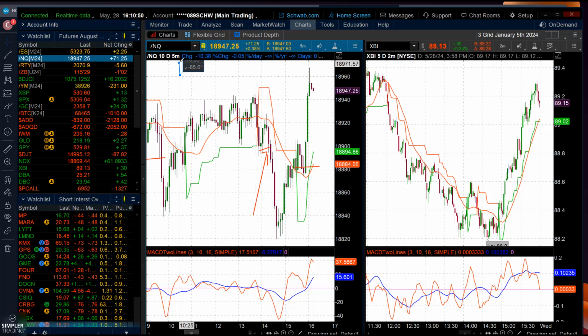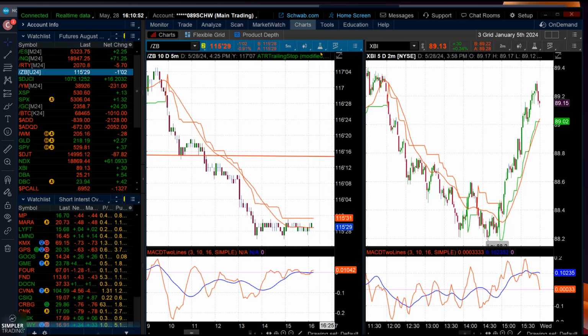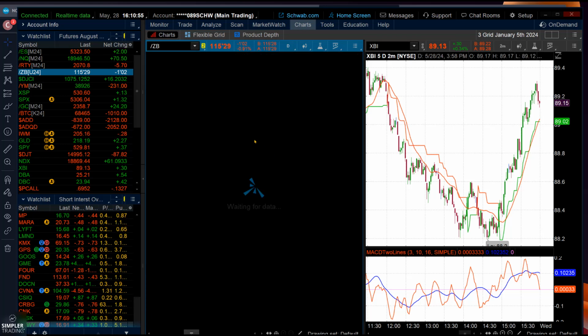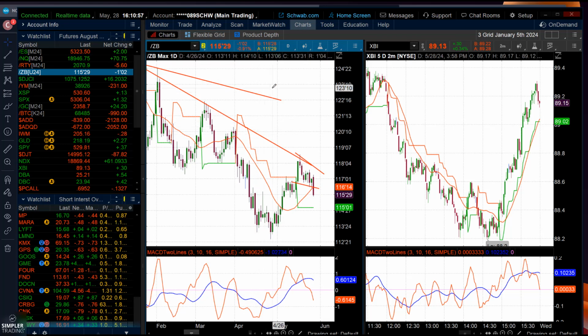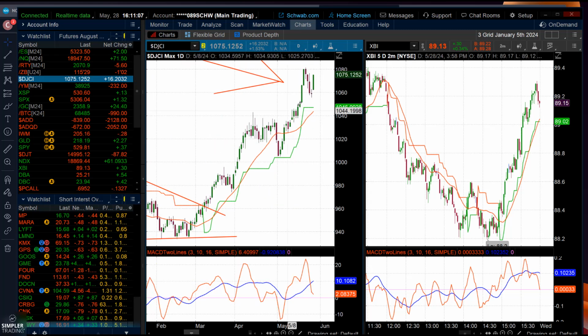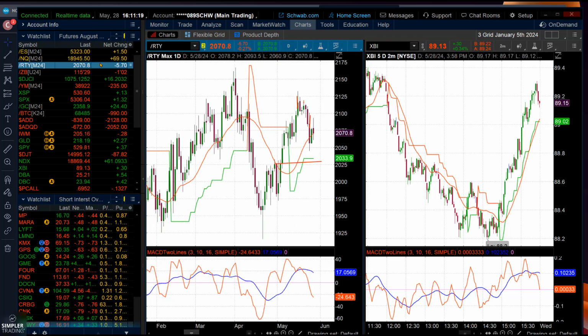So where do you go now with the markets? Well, you still have the bond markets in the tank. You take a daily chart, and the bond market that looked like a possible bull flag appears to be failing. And this bull flag is less likely to work if the Dow Jones Commodity Index is doing that. Now what matters are the manic trades, the GMEs, the hoods. Are they enough momentum to keep the Russell up? I'm not sure about that, but that's what we'll be watching tomorrow.